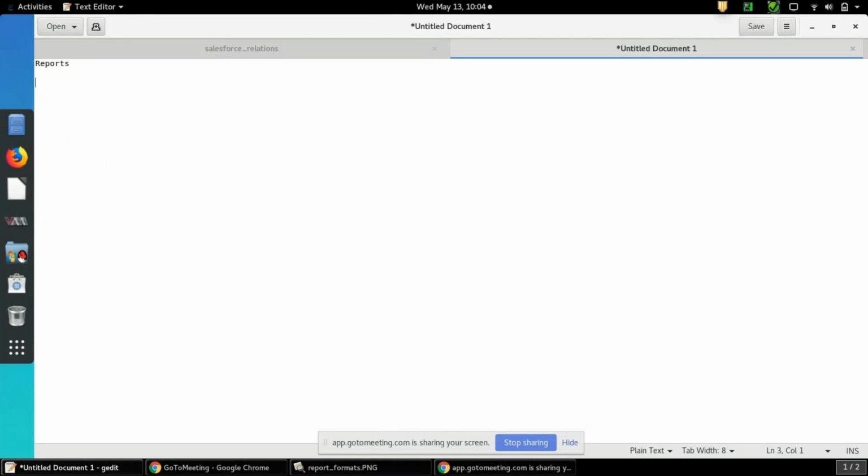In Salesforce, we store reports in folders. Suppose any person wants to view some report, he has to have access to this folder as well. He will click on that folder and see the reports that he has.